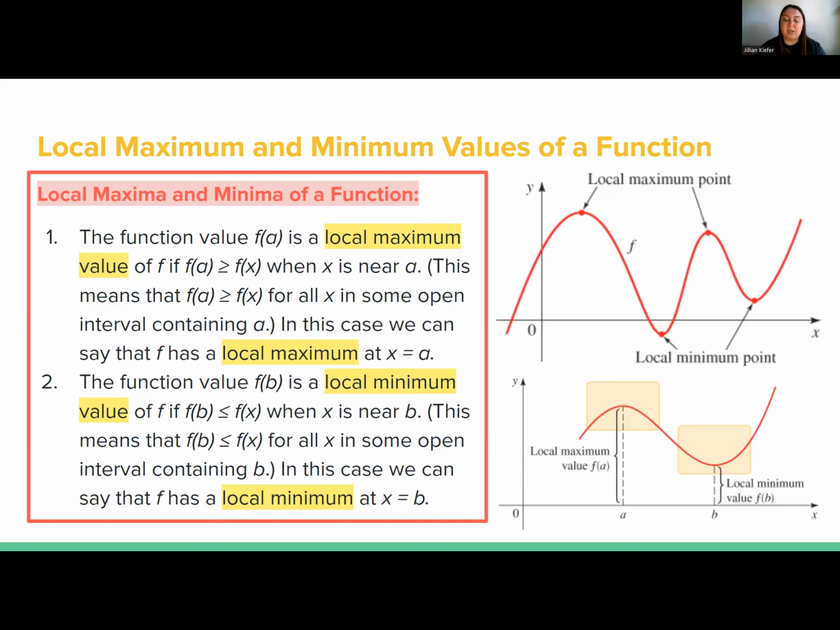This means that f of b is less than or equal to f of x for all x in some open interval containing b. In this case, we can say that f has a local minimum at x equals b. Okay, yes, very wordy. Not great definitions, to be honest. So if we're looking for local maximums and minimums of a function, and let's say we're given some function like